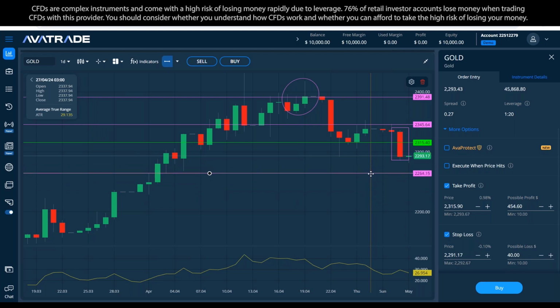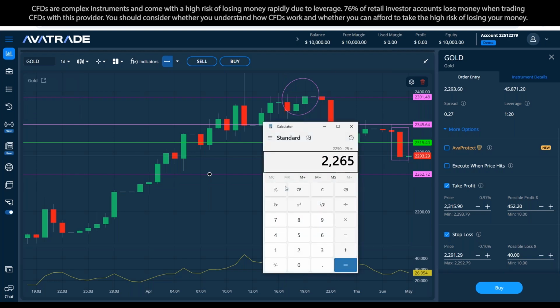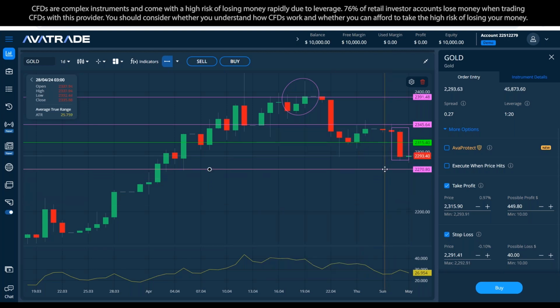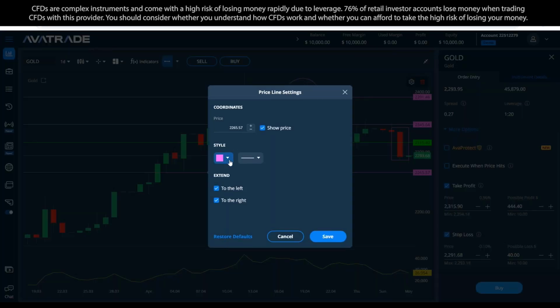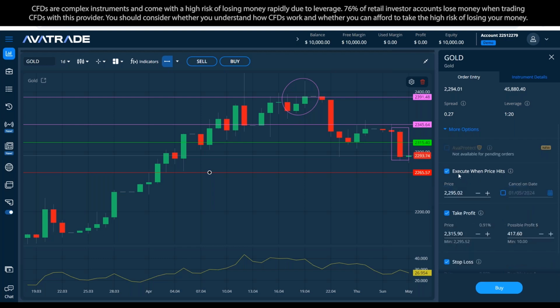hold on. Right, we need the same length, $25 out of the current price. Nearly forgot to place it, which is 2265. And to have better numbers, I'm going to use something called execute when price hits. That allows me to launch the position automatically at the price that I'm choosing. So I'm just going to change it to 2290, which we had a minute ago,